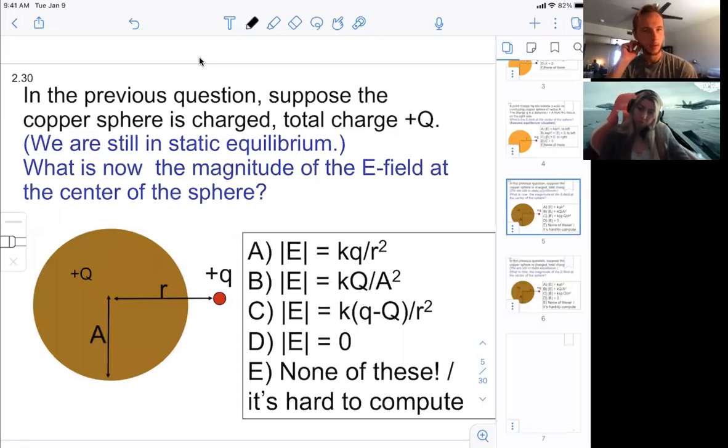When we're drawing the charges, we usually only draw the net. We don't draw all the positives and negatives, because if it's neutral, they all cancel out, and then we don't draw any charges. Okay. So now we give the copper sphere a net charge. What do you think the E field is at the center? Okay. Again,